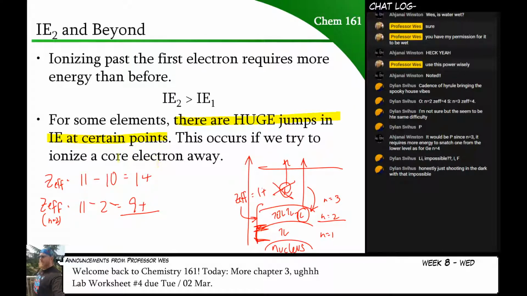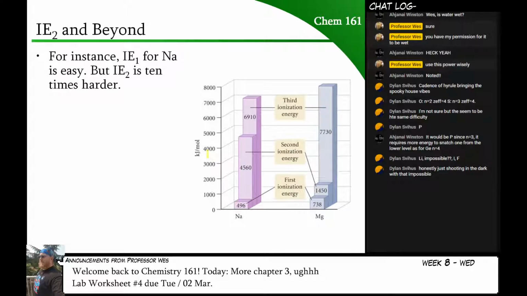So in other words, if you're trying to ionize a core electron, this happens. You observe really large jumps in ionization energy. And I have a picture to show that example here. So here's sodium that we were just looking at. To ionize the first electron, this is how much it takes, 496 kilojoules per mole. Magnesium is a little bit harder, it's 738, and that makes sense, because if I do this,